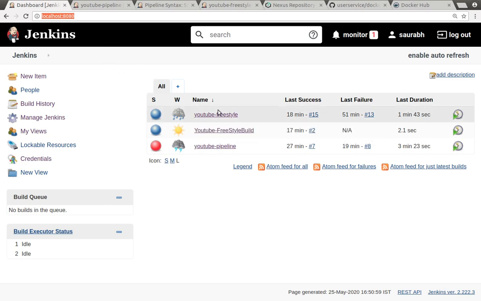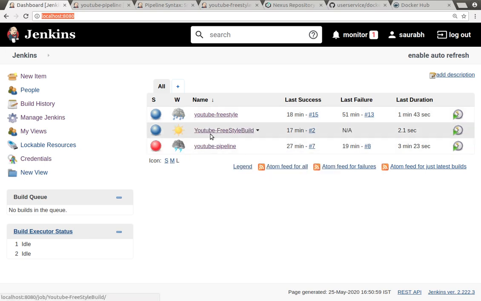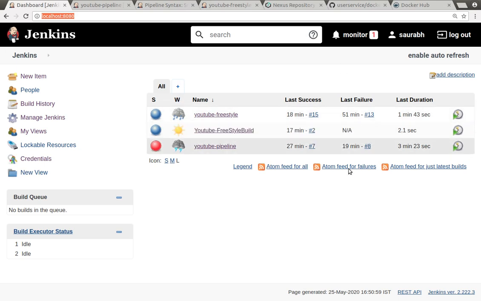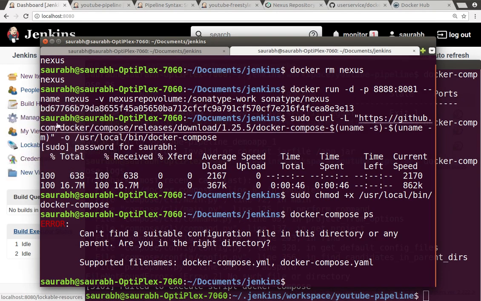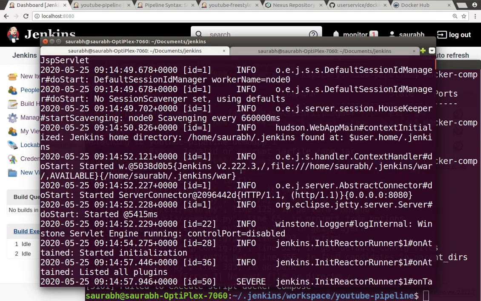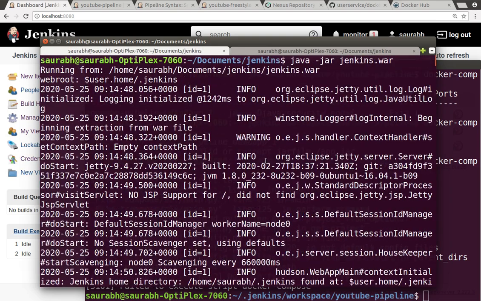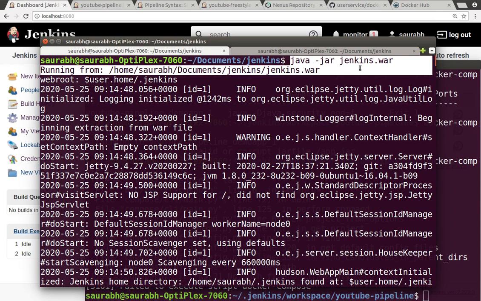Here you can see the list of Jenkins pipelines. These pipelines are for the purpose of building the application. There is a freestyle project which I am building, and another project which I am building. Each one is for a different kind of project I want to build. So this is the dashboard. Before getting into the dashboard, you can log in to your Jenkins dashboard from here. The very first thing is that you have to start your Jenkins server.